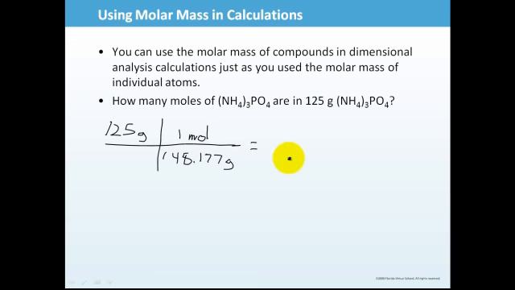Right? Again, multiplying by everything on top, dividing by everything on the bottom to cancel out the units. So 125 times 1 divided by 148.177. And that would give us our final answer of